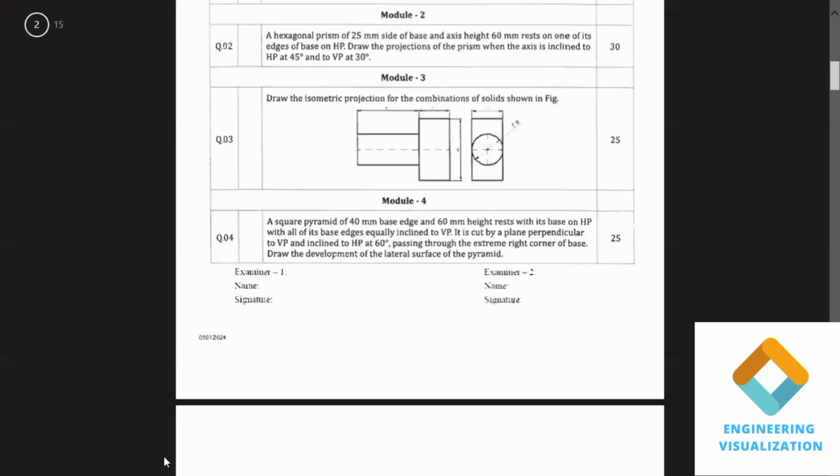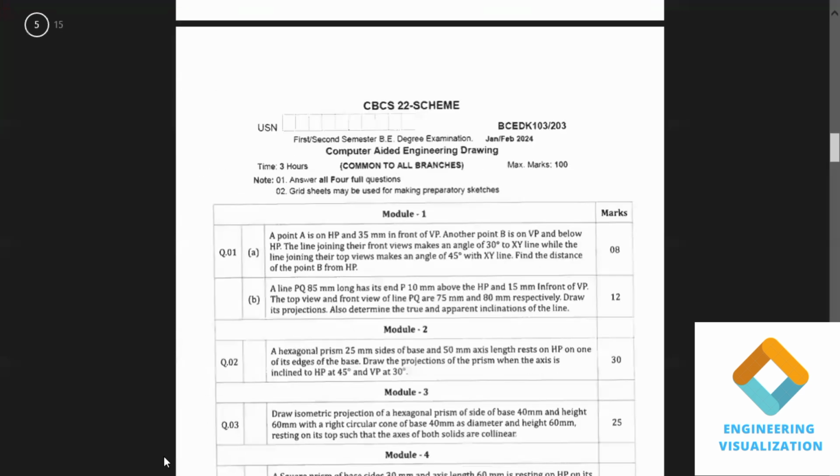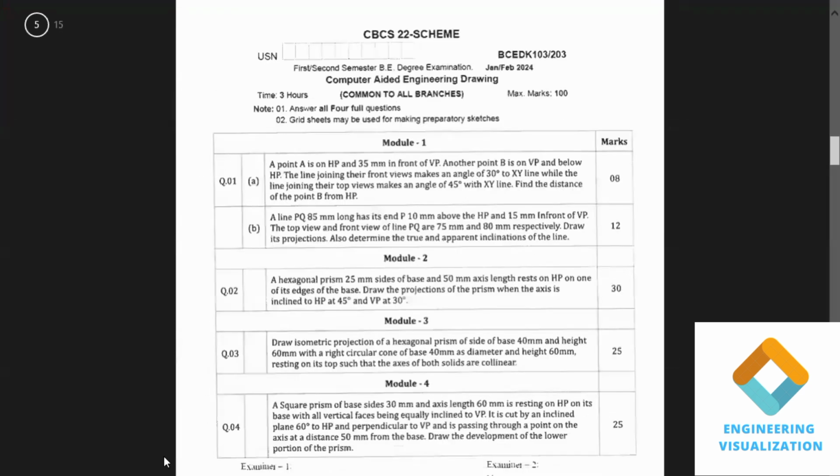So today we are going to solve model question paper 4 problems. Watch the video till the end. You will be able to understand all the 4 problems. Each one of the problems I'm going to solve using solid software. All the 4 problems. So in this question number 1 is points and lines problem, second one is solids, third is isometry, fourth is